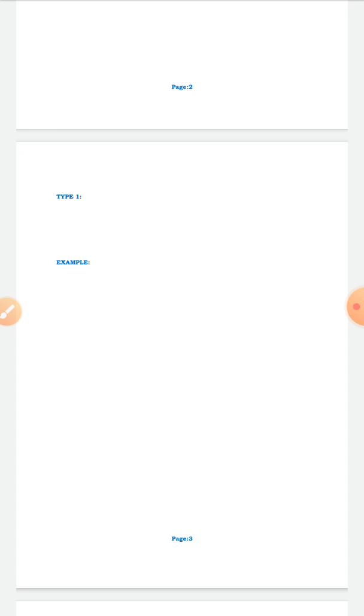Then a very brief definition of that cell reference will be written. After that you will put the example. Now, you can take the example from your textbook, or by your own choice also you can put the example.